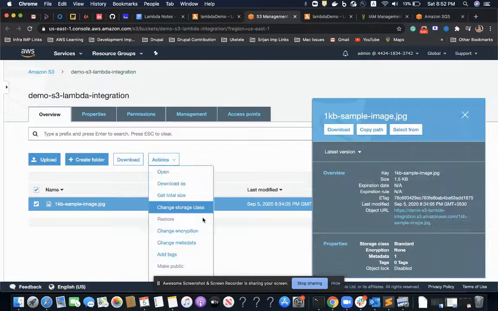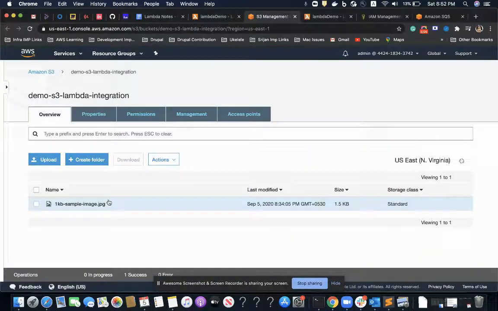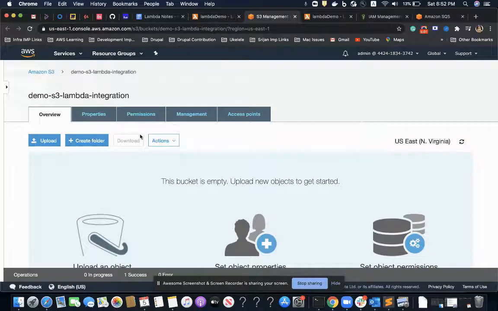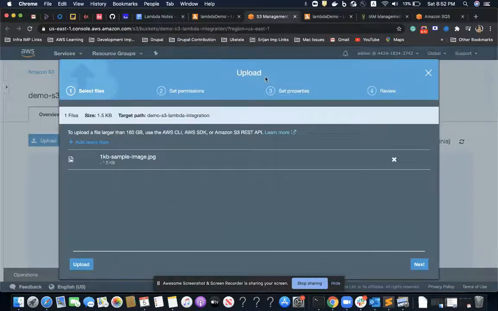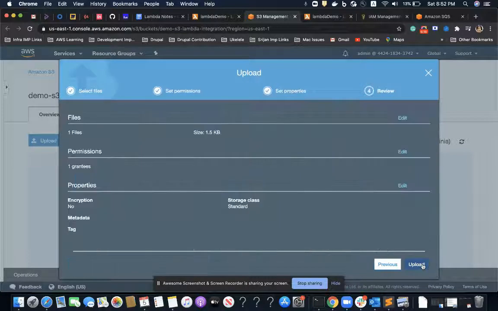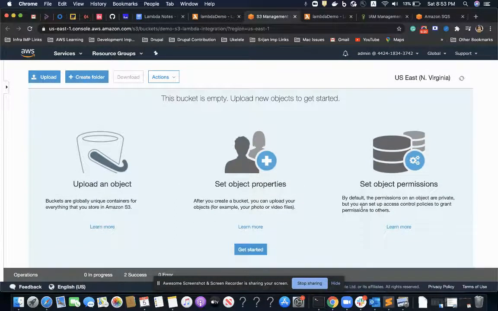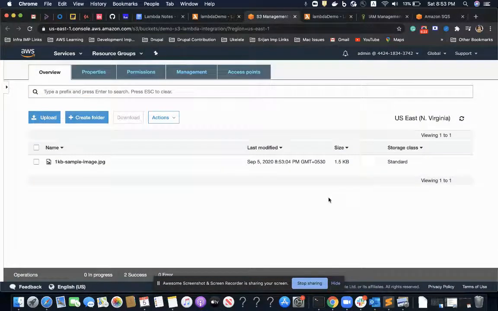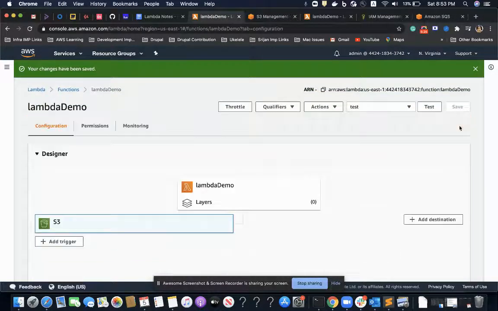I'll use this image, deleting it first and re-uploading it again, because this image is small. So click on upload and add the image. The size of this image is 1 KB. That is why I use this image to re-upload again and again. Okay, so this has been uploaded.